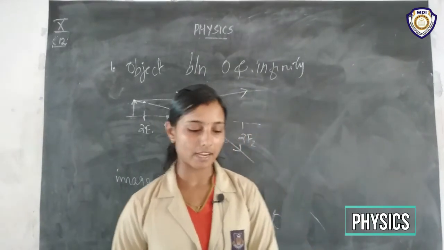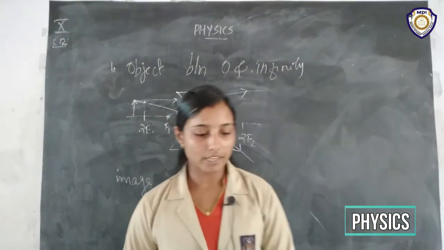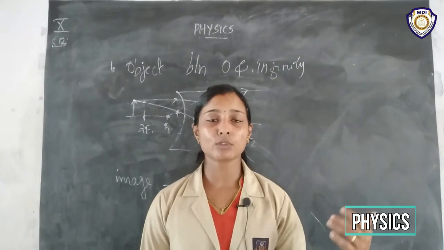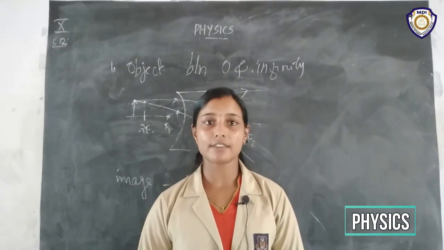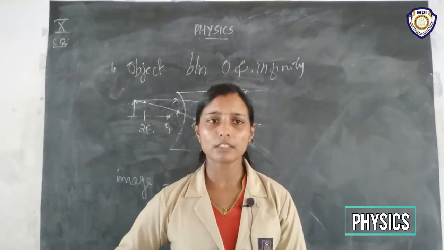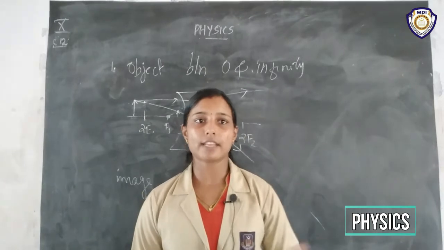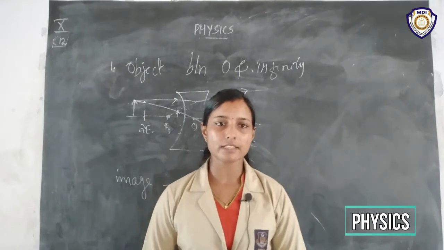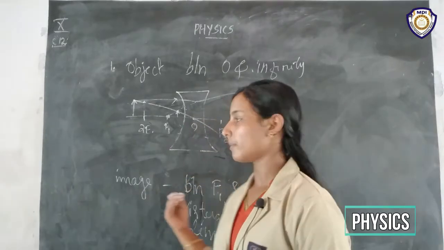That means optical center and infinity, right? So that is why we have not considered all the positions. In the case of a convex lens, we take six positions, right? The object is at infinity, beyond 2F1, between 2F1 and F1, and so on. That means six scenarios we have taken into account, right? So here we didn't take all the cases, because in all those cases the image formed will be of the same nature.